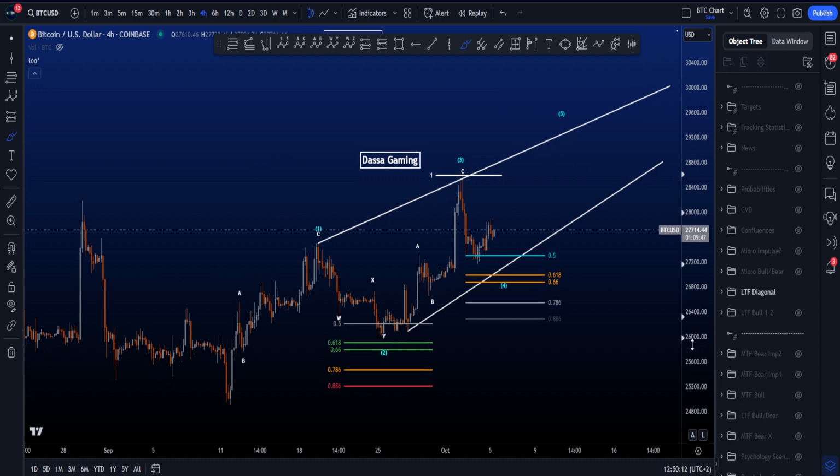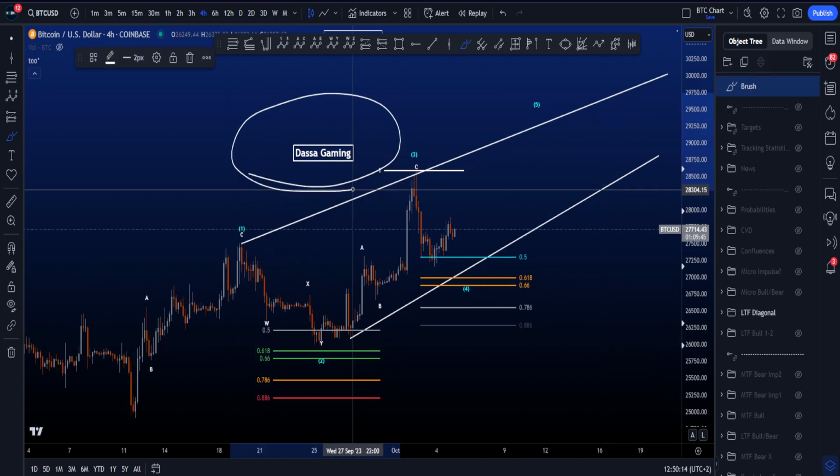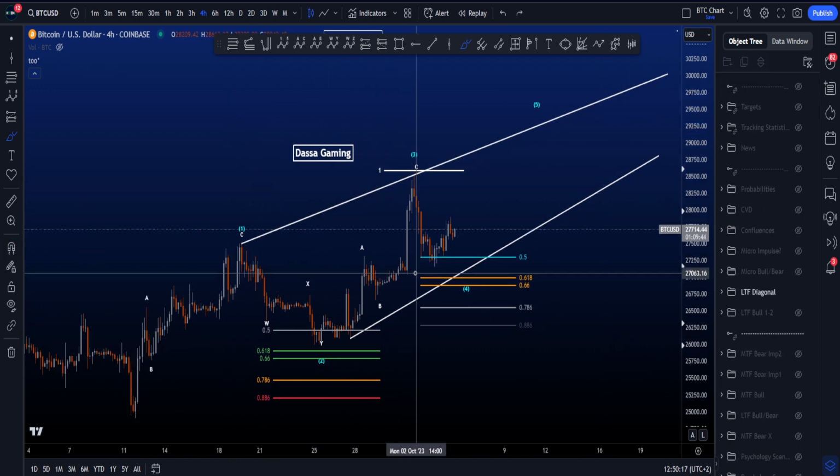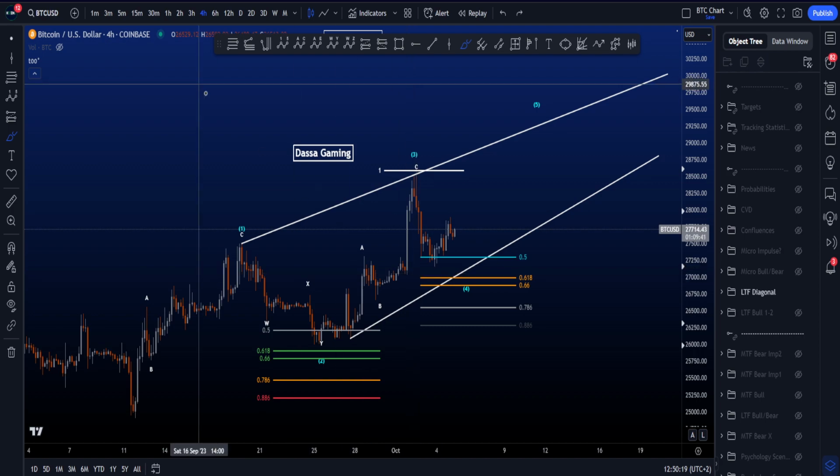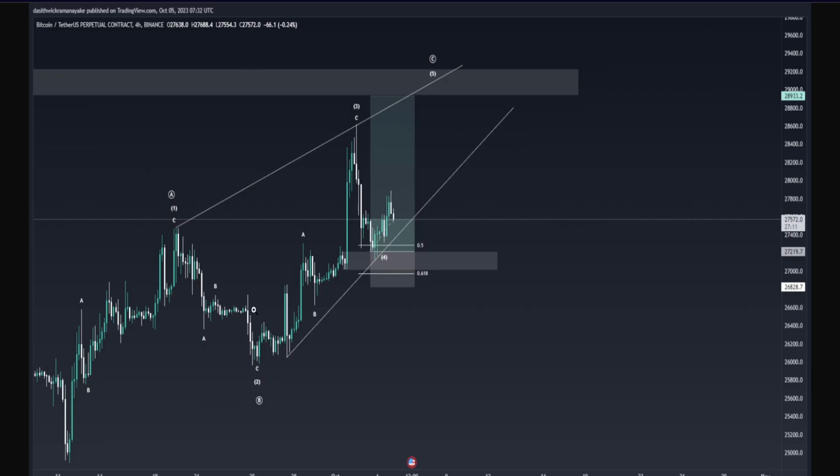Another scenario that was posted in the group this morning by Dasa Gaming is a scenario I sometimes here and there put on my chart, but I thought it was interesting to speak about it again after he shared his picture over here. So this is what he shared in the group. Thank you, Dasa, for a wave 1, 2, 3, 4, 5. So a diagonal structure over here where he has 1, 2, 3, 4, 5 as a count,